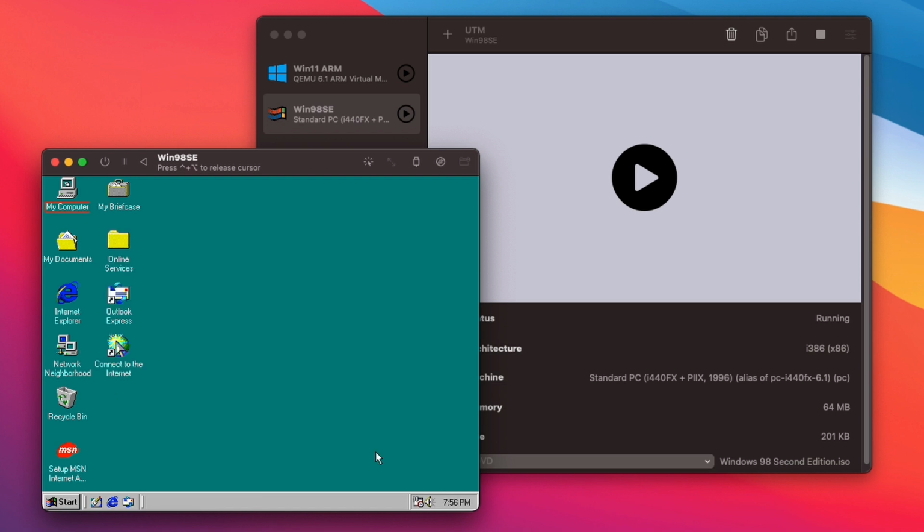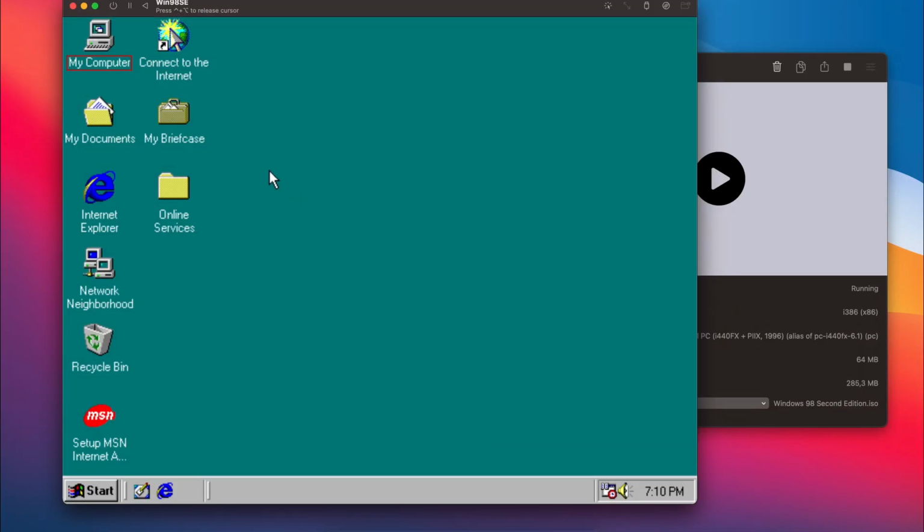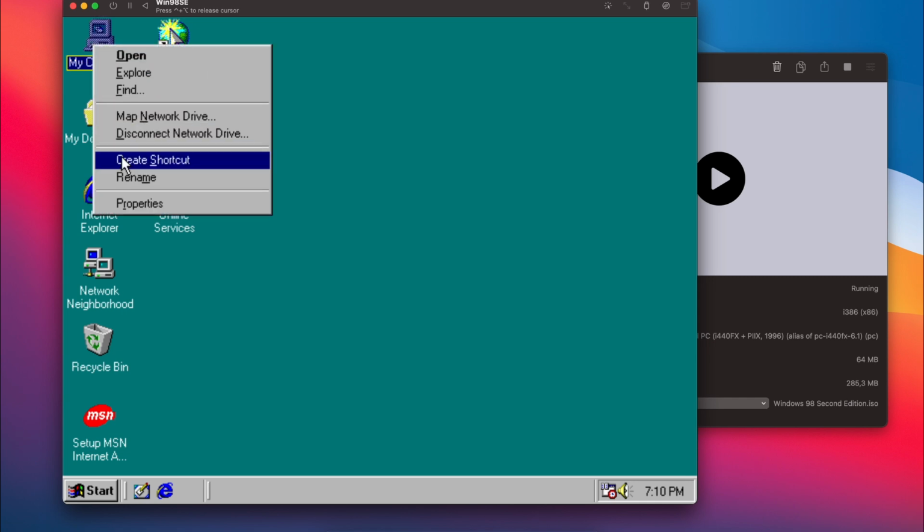Pure nostalgia to see this if you ask me, especially on a modern Mac. This is the end of the installation step and you now have a working Windows 98 SE installation on your Mac. At this point the installation already works pretty well, especially since we chose specific virtual hardware that is fairly compatible with Windows 98. For example, if your sound was on, you could already hear that nostalgic Windows 98 boot sound. Let me make this a bit bigger and then let's first have a look at the system properties.